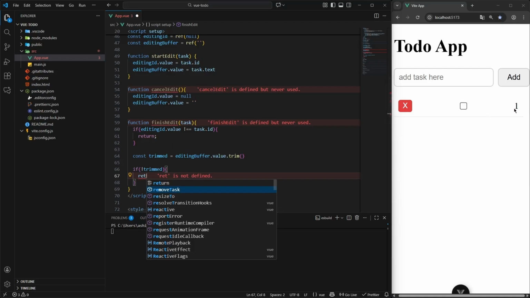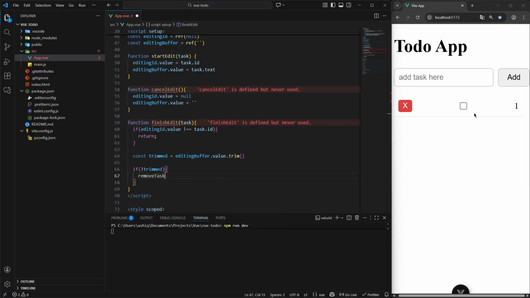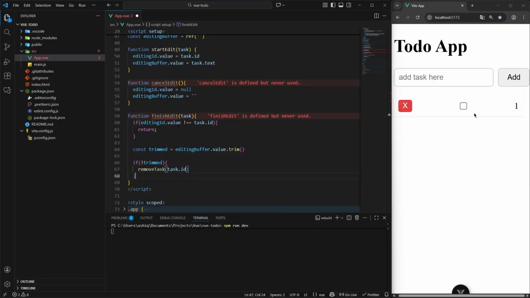So when we hit it and the input shows up and I remove everything and then click enter or save it, I want it to delete actually. So we call that remove task and then we pass the task and its ID. So it gets removed. But if that's not the case, else